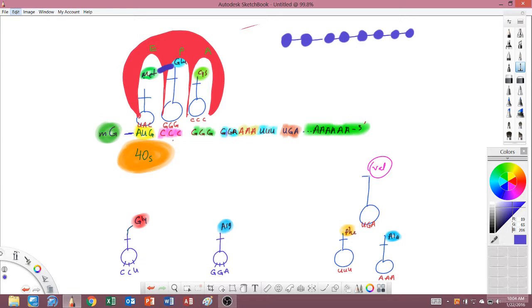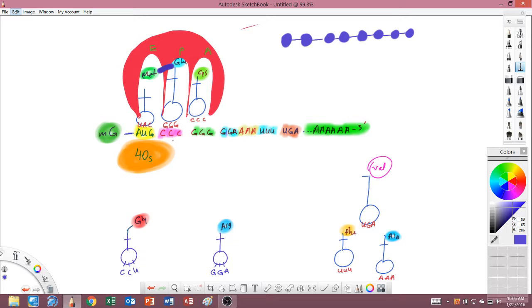tRNA is only for transport of amino acid. It's supposed to bring amino acid only to the ribosomes. Ribosome is the factory that makes protein. tRNA doesn't make proteins. Ribosome is the machine, the factory that manufactures protein. And protein is nothing more than a combination of amino acids. How you're supposed to combine them in a specific sequence, that code is located on mRNA. You need mRNA to make a protein in a specific sequence. You need tRNA to bring amino acid to the factory, and the factory can combine it.